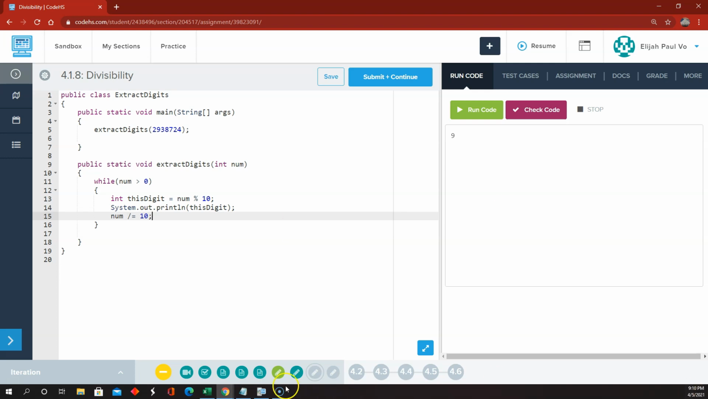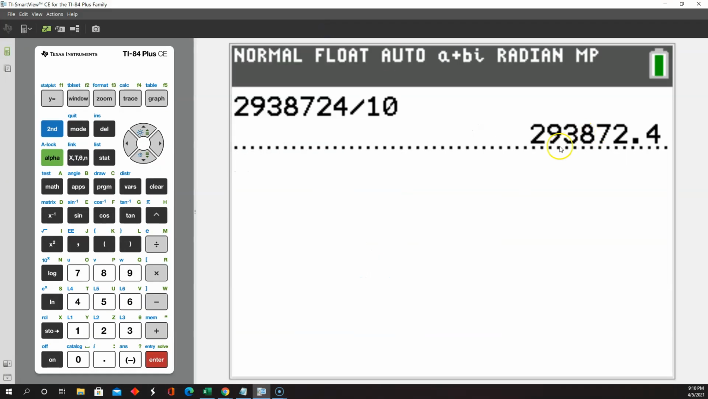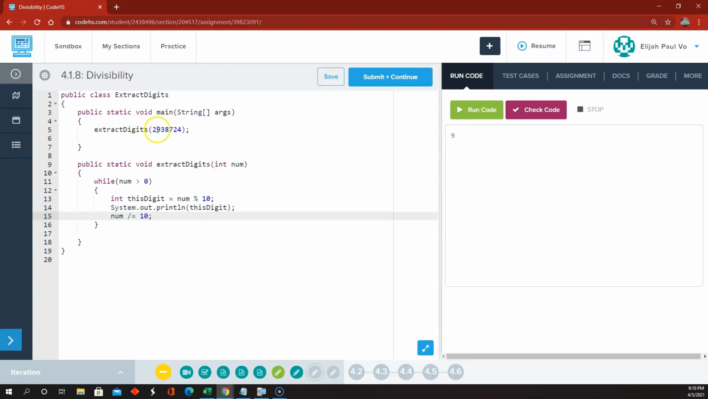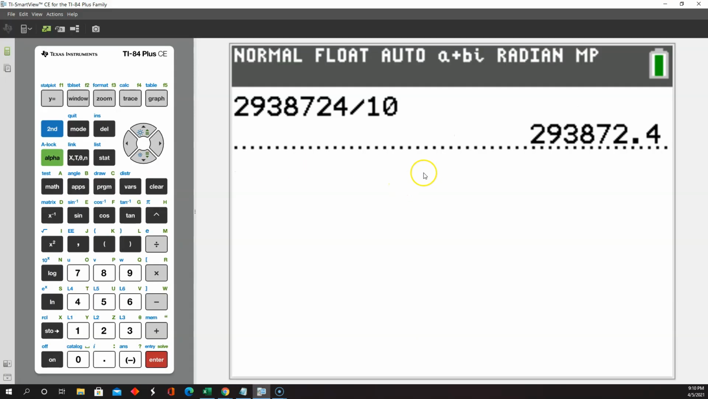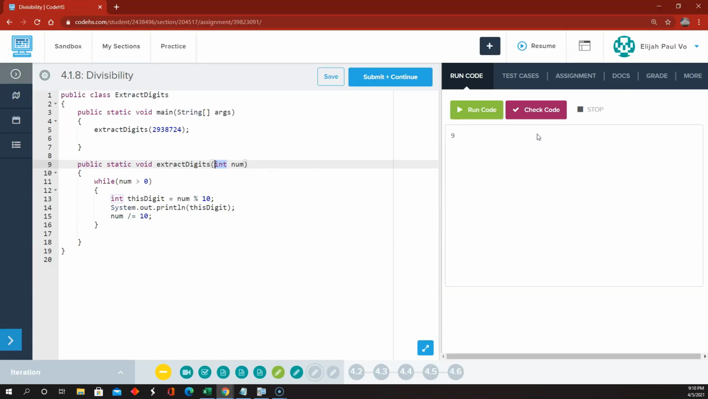So in other words, our number 2938724, we're going to divide that by 10, and we're going to get this, but because it's an integer, this is going to be integer division, which means the answer is just going to be 293872. And now the last digit is a 2, and we can go through this loop again and print the